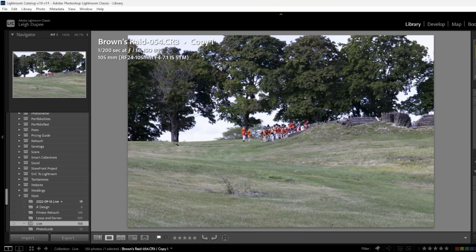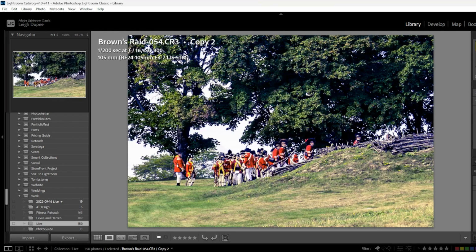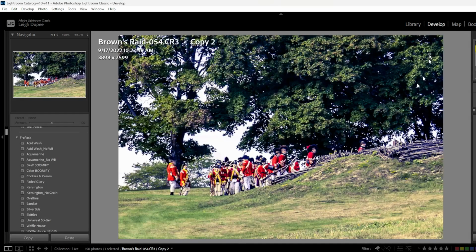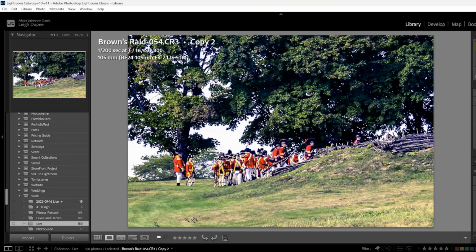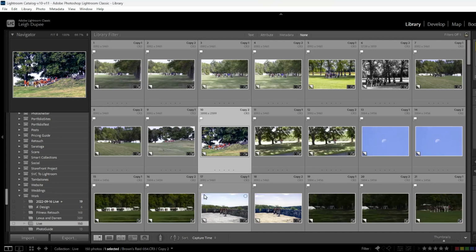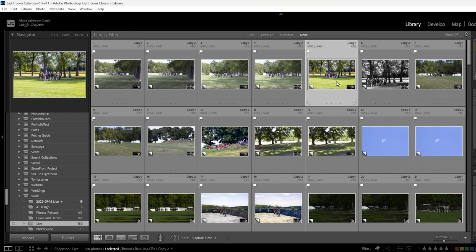And that's the image that we started with. And there's where we are. Now, what I like about having a bunch of virtual images, these virtual copies, is it allows me to play with an image once, twice, 3 times, 5 times, and see which one I like best. For example, this image up here,